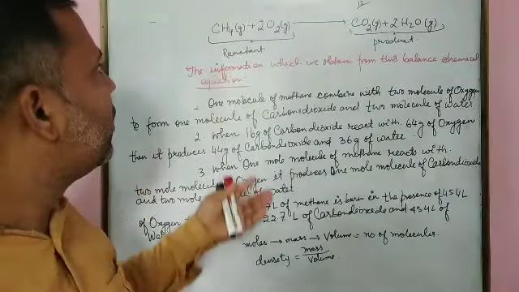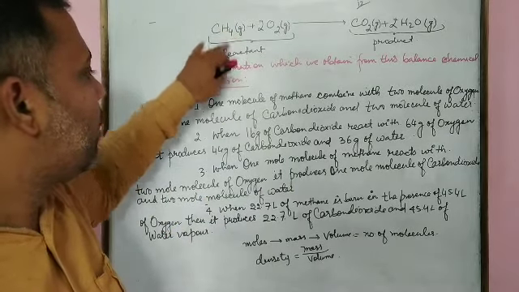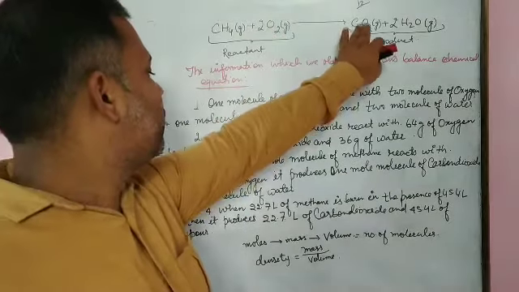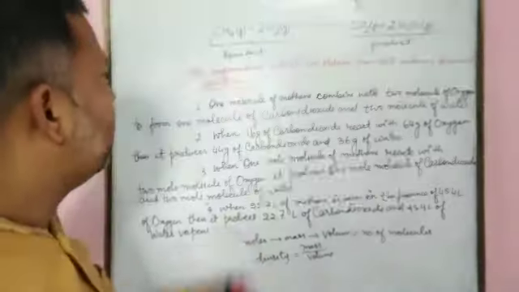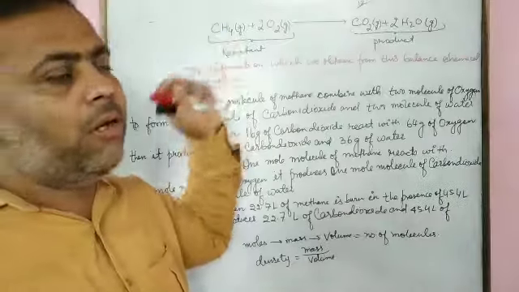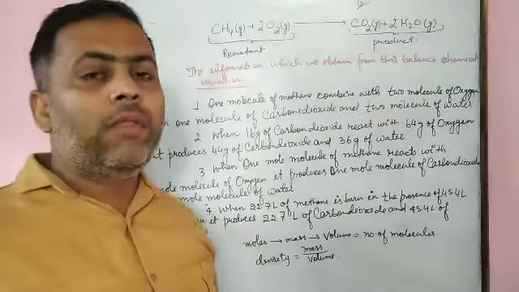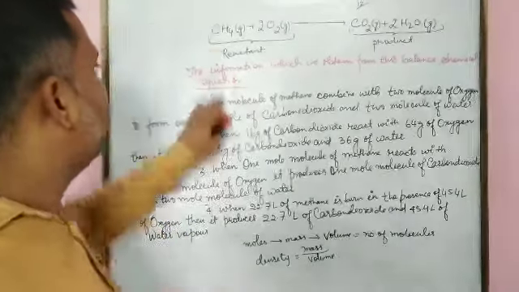The next we have the relation: 16 gram of methane reacts with 64 gram of oxygen, then it produces 44 gram of carbon dioxide and 36 gram of water. The same relation related with the stoichiometric coefficient. Next, if we relate the volume, we know that 1 mole of gas at STP occupies 22.7 liter, and 22.7 liter